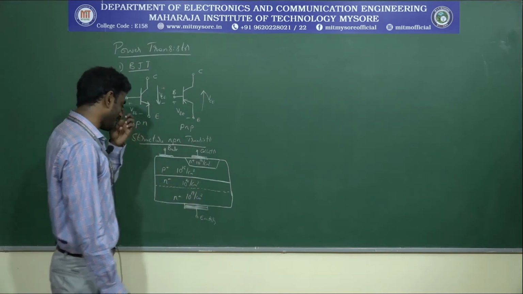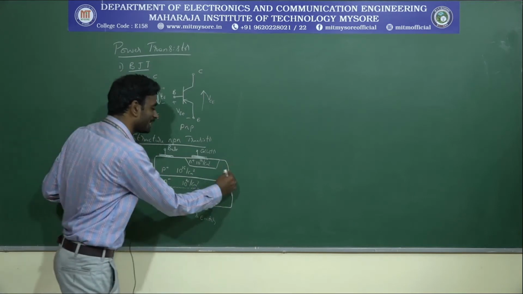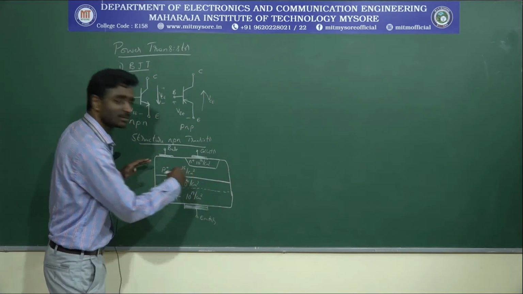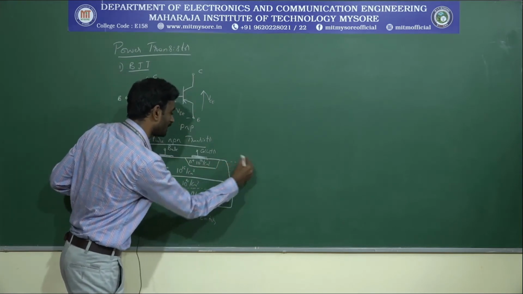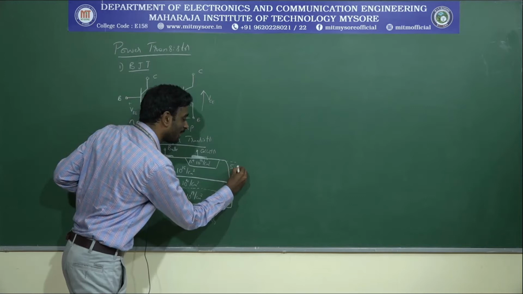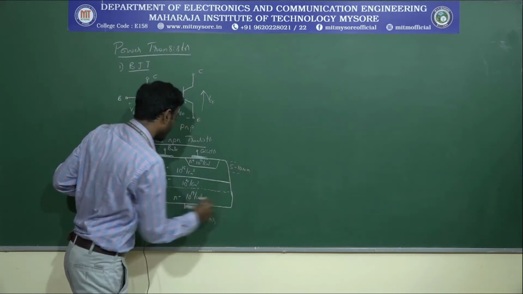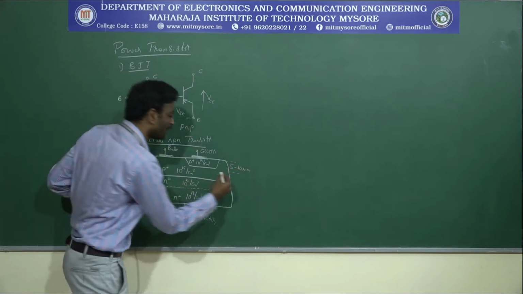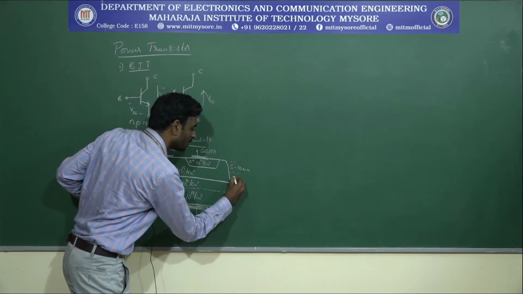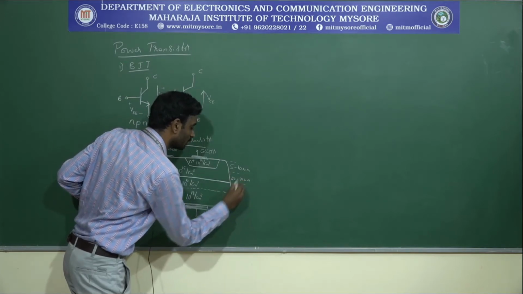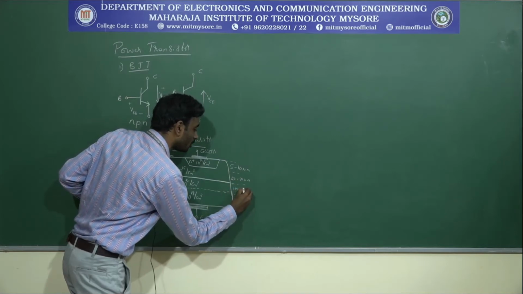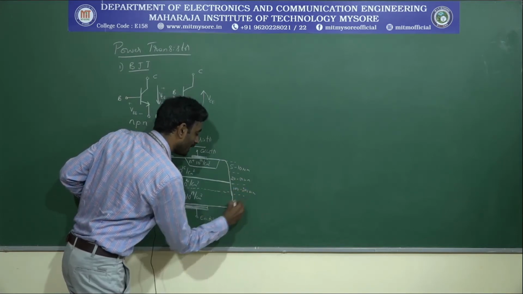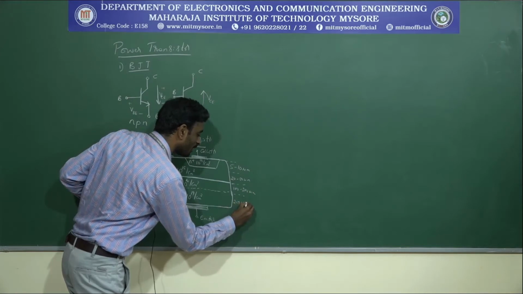So in this case, the thickness will vary from one layer to another layer. The first layer, which is connected across this particular layer, has 5 to 10 micrometer thickness, and the P plus layer varies from 20 to 50 micrometer, and this N minus layer varies from 100 to 200 micrometer, and the last layer is around 250 micrometer.